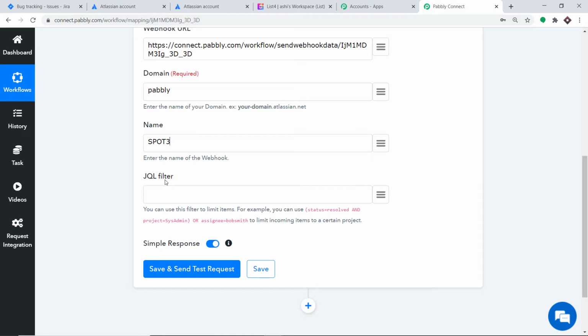So the JQL stands for Jira Query Language and is the most powerful and flexible way to search for your issues in Jira. For example, I'm just basically copying this. The idea is that project is equal to system admin. I'm basically copying this, you will understand in a minute. So the idea is that the JQL filter will filter for this project. Project is equal to system admin.